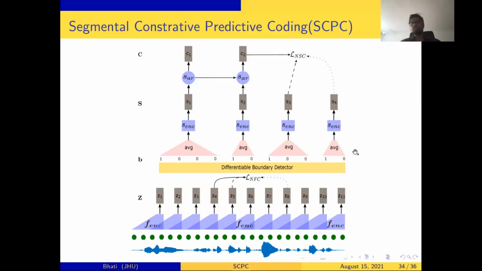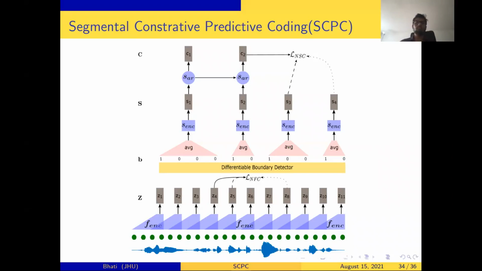Contrastive predictive coding, or CPC-based solutions, exploit the frame level structure in speech to learn representations. But the structure in speech exists beyond frame level. It exists at phoneme level, it exists at word level and beyond. In this work, we attempt to exploit not only the frame level structure, but the phoneme level structure to learn better representations or to do better downstream tasks.